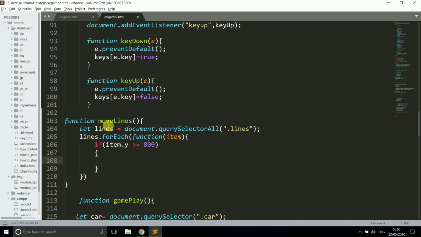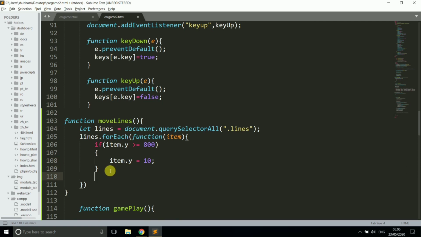Here we give a parameter and then write if item.y is greater than or equal to 800, then item.y is equal to 10.